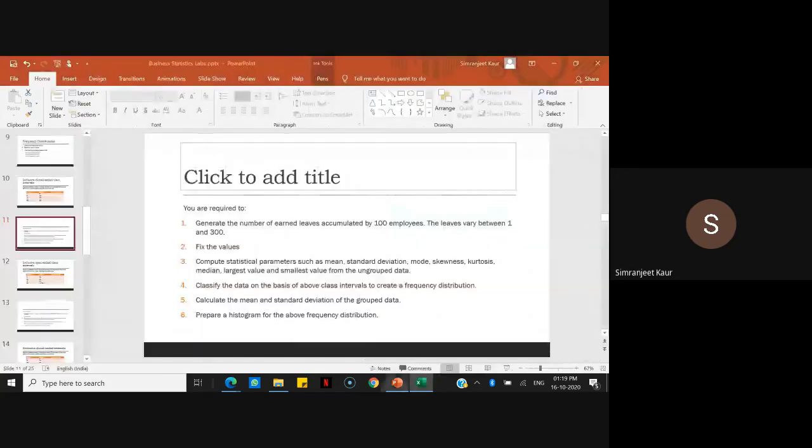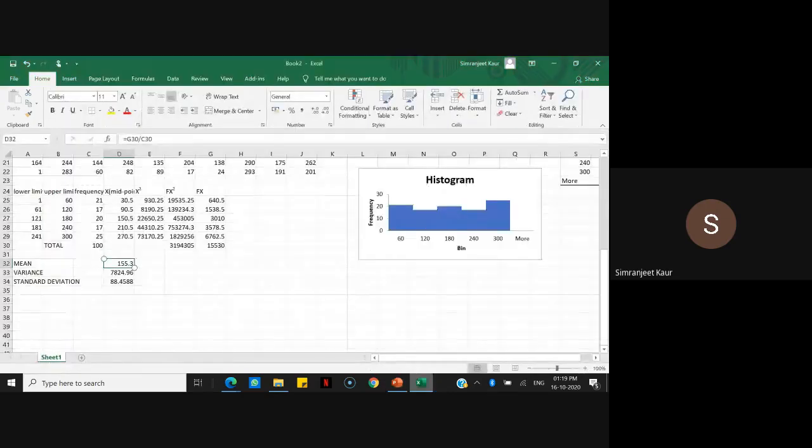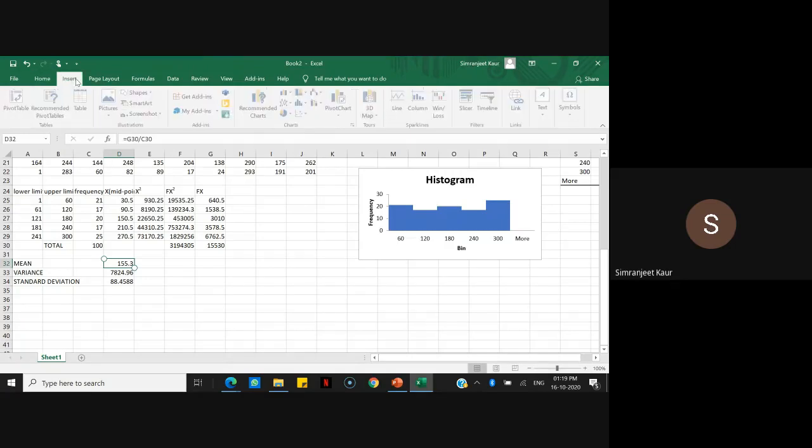Now coming back to your question. We have almost done everything. The last part was to prepare a histogram for the above frequency distribution. That also we have already done here. Otherwise, if you use the regular formula, the one which we used here with Control Shift Enter, then you can always go to Insert. You have recommended charts here.